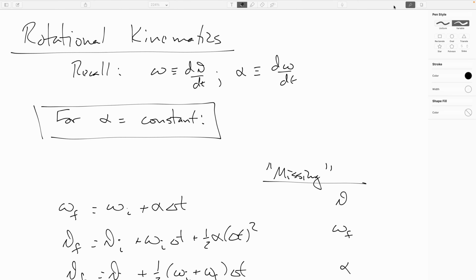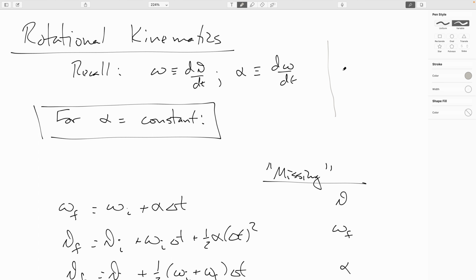Okay, so we'll now turn our attention to situations where the angular acceleration is a constant. And if we recall from previous videos, angular velocity was defined as the time rate of change of angular position, and angular acceleration was defined as the time rate of change of angular velocity. And while these are not the same physical variables as